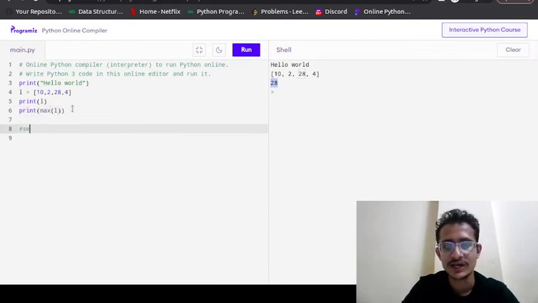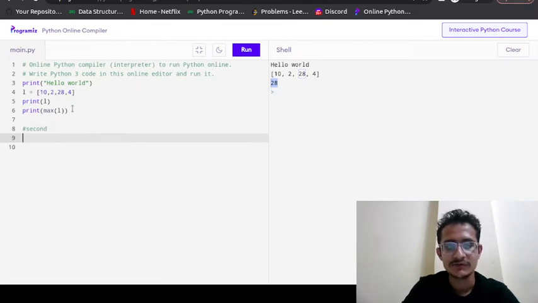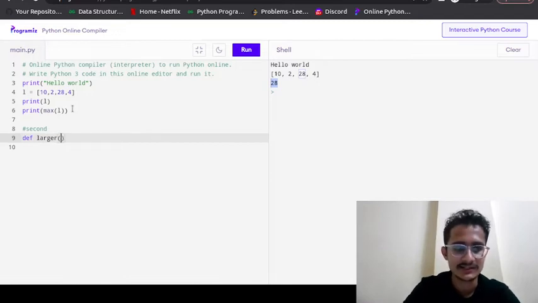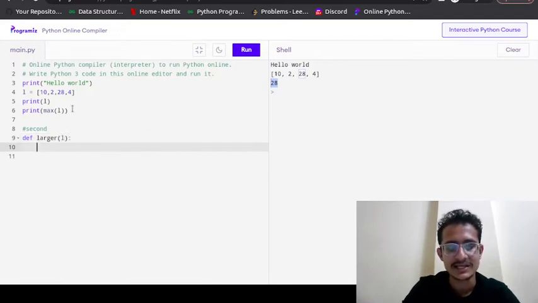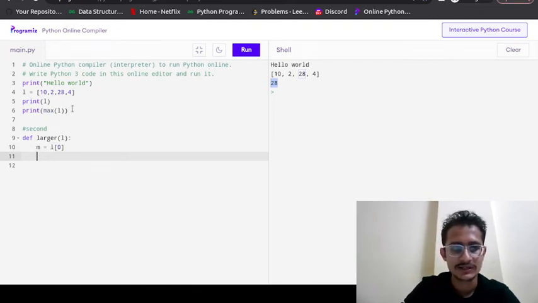Second approach we are going to use. We will write a function def, the function name is larger let's say, and which will take input as L. Now what I told you, we will assign maximum M as L of 0. Then we will traverse the entire list.